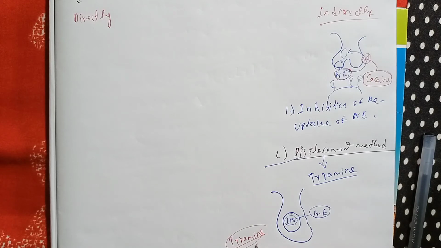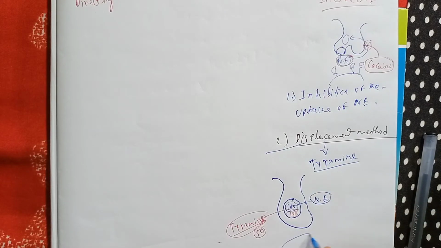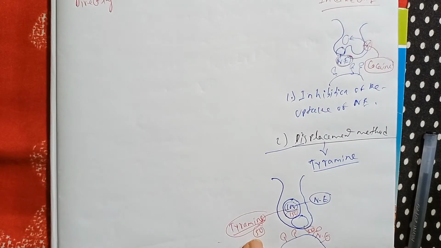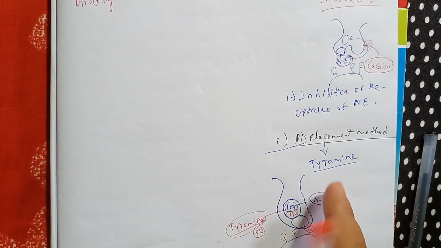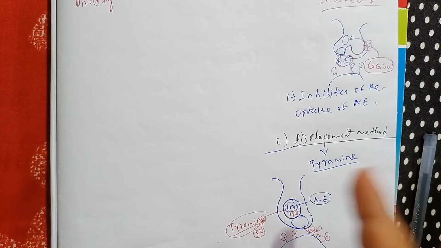Now first of all I am giving 50 tyramines. These 50 tyramines will go there, and there will be a total of 150 molecules, norepinephrine along with tyramine. The vesicle has a maximum capacity of 100 molecules. So what will happen? The vesicle will come here and release 50 molecules of norepinephrine. They will come here and act after binding with the norepinephrine receptors. That means we give 50 molecules of tyramine, and within the vesicle it is now 150, but the vesicle does not have the capacity to hold 150 molecules simultaneously. So what will it do?